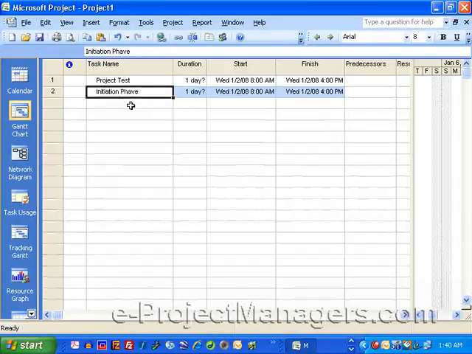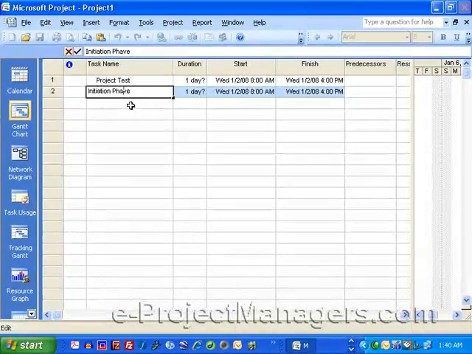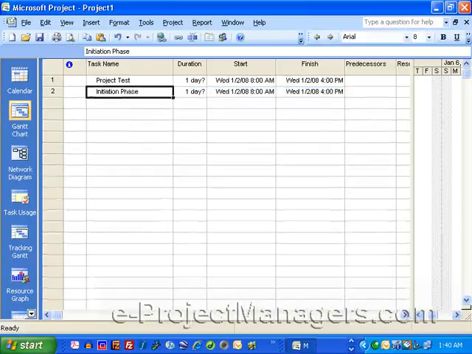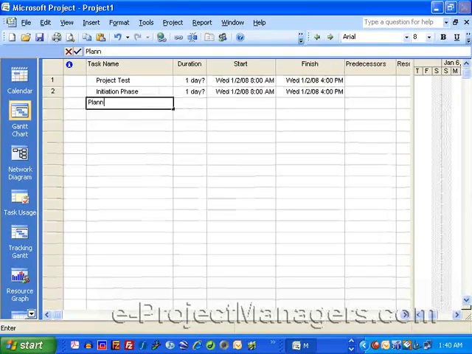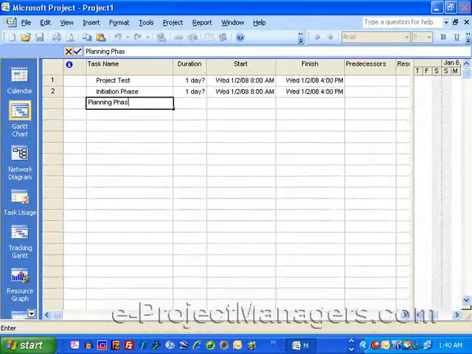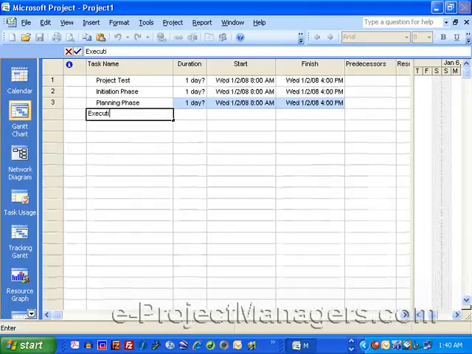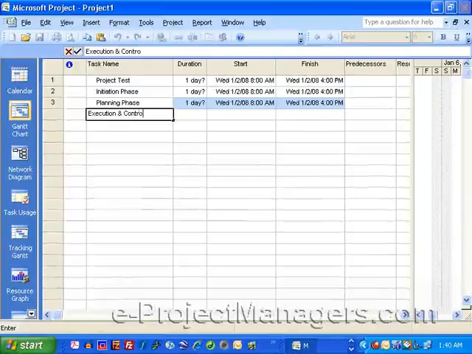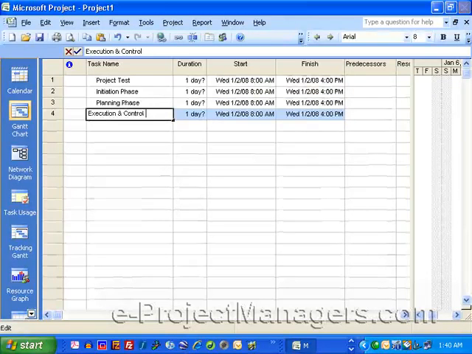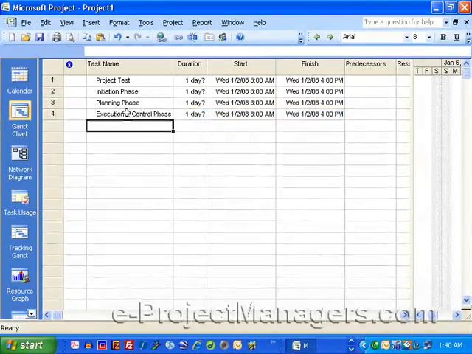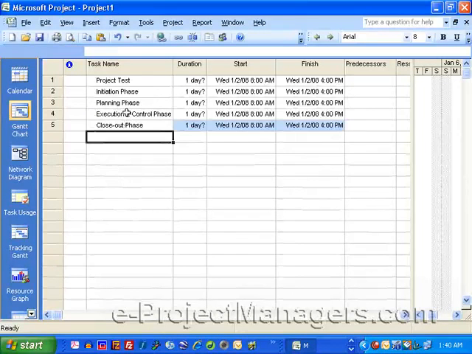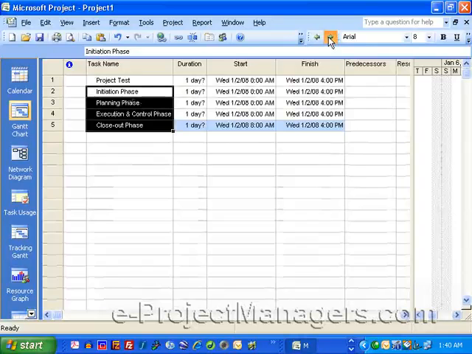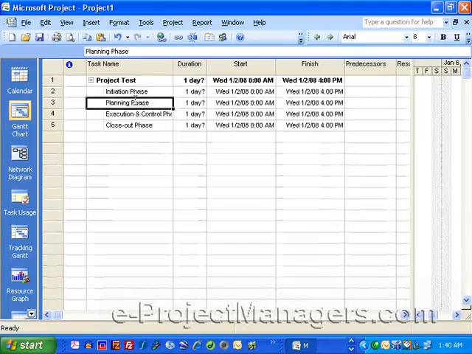If I hit F2, by the way, you can automatically edit the field that you're in. So I enter my initiation phase, planning phase, execution, and control. I'm hitting F2, and then phase, and let's say close out phase. Now all of these phases I'm going to indent under the project name, and of course within each phase there'll